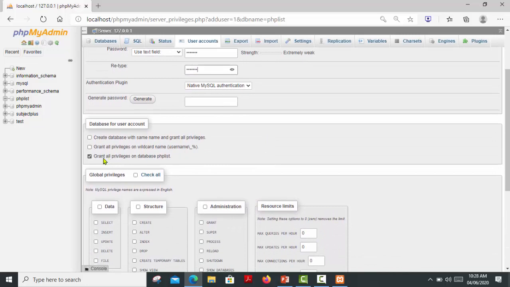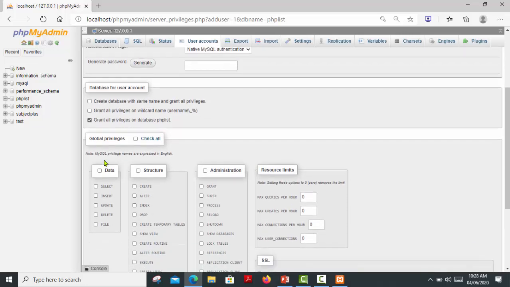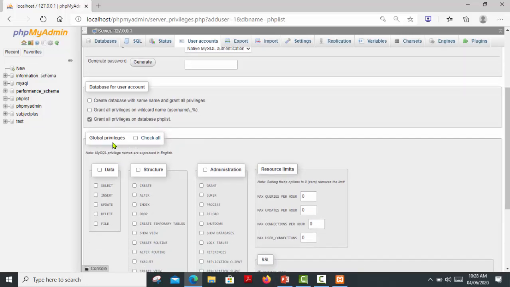Ensure that Grant all privileges on database phplist is checked, and then click the global privileges Check all checkbox. It will give the privileges to this user on the phplist database.